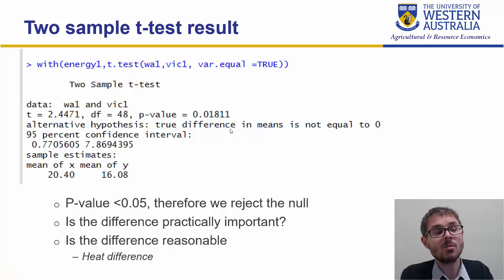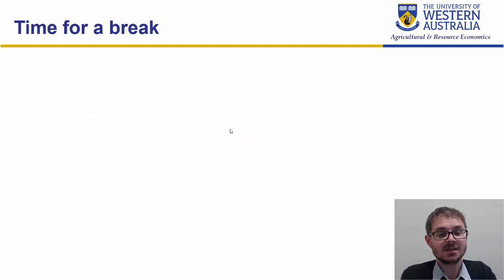Again, the whole point about this is not to stop at saying I've found a statistically significant difference. It's then to go on and say, is it environmental conditions, or is there some policy factor? Maybe the housing standards in Victoria are different to those in Western Australia, and that's led to people using less energy. Or what are the driving factors behind it? The point of the test is to inform some policy, and that's an opportune time to have a